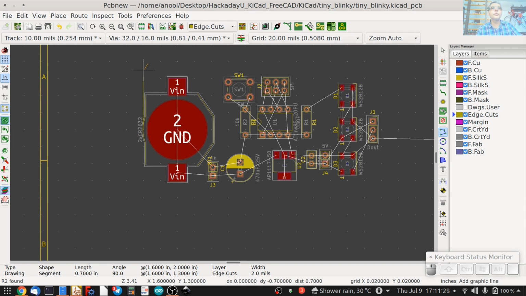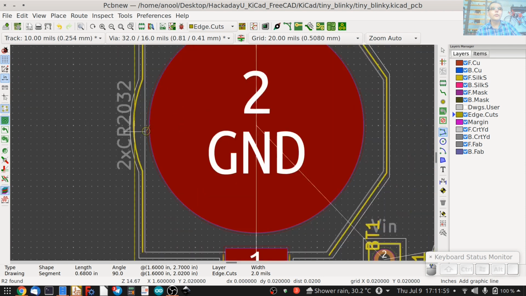Dy is minus 0.7, so that's good enough. Let's move along the x-axis until we reach here, so that's 2.8 inches. Then move down to dy 0.7 inches. Move in the negative x direction until dx is 0.